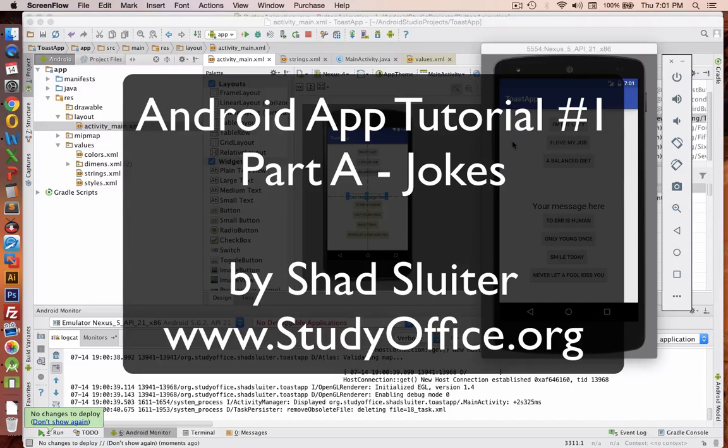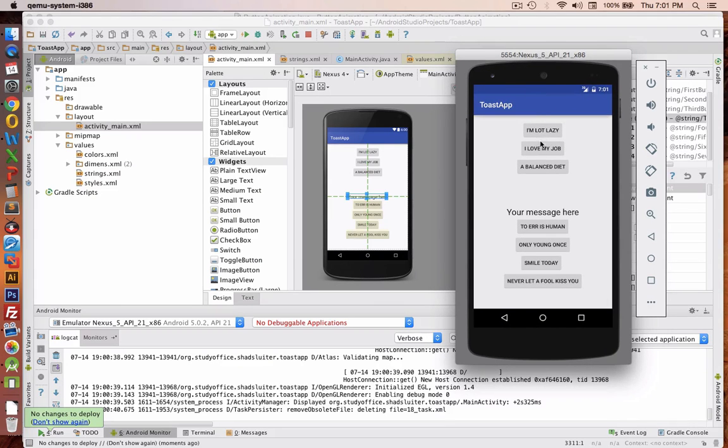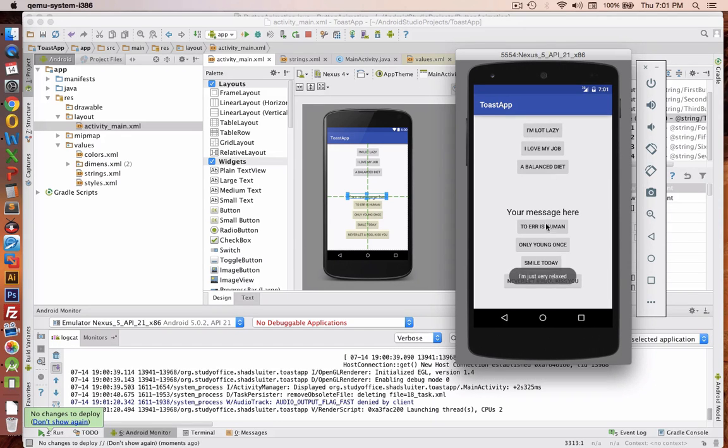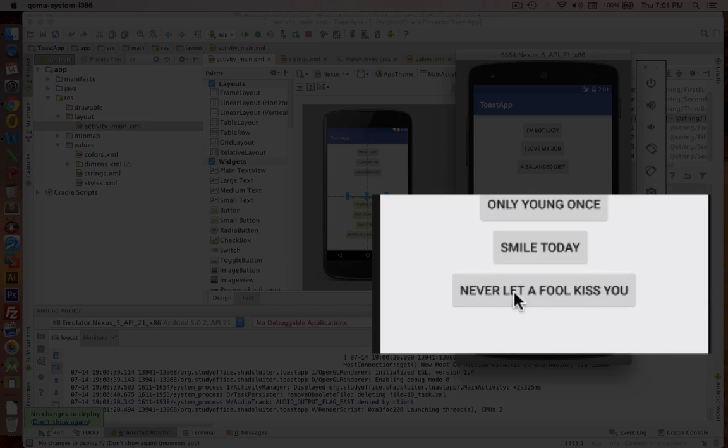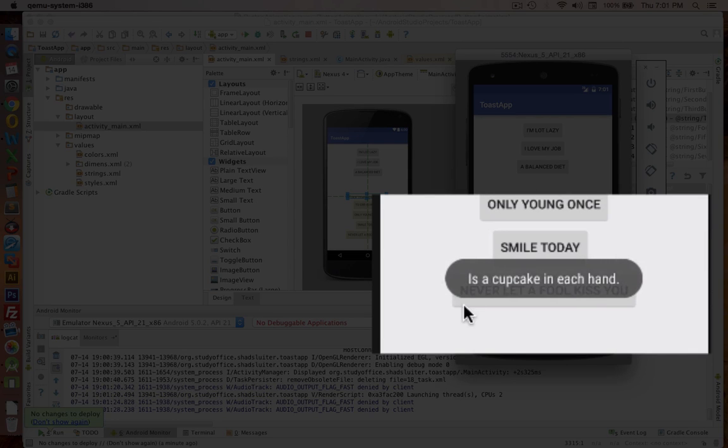Hey, welcome to your first application program for how to build something in Android Studio. We're going to create an application that looks like this here. It has a list of buttons on the screen with some jokes, and so when you click on a button that says, for instance, I'm not lazy, the answer to your joke will be, I'm just very relaxed. And you'll see the next one says, I love my job, especially on weekends, or a balanced diet is a cupcake in each hand. And so we're going to create 3 buttons at the top of the screen that create